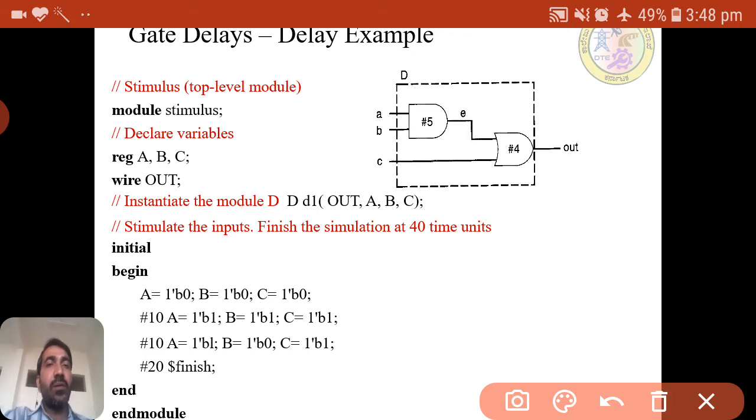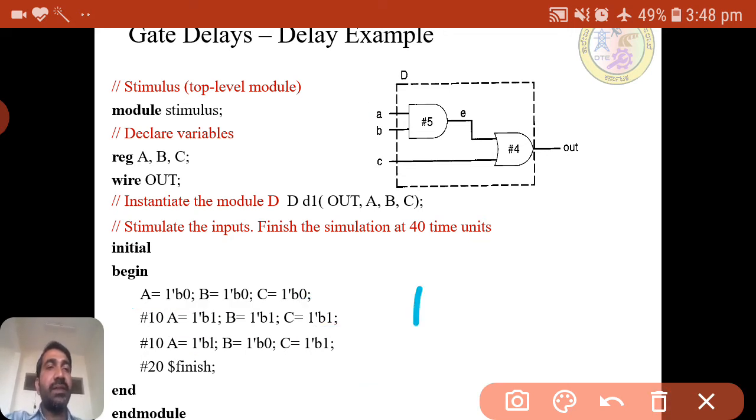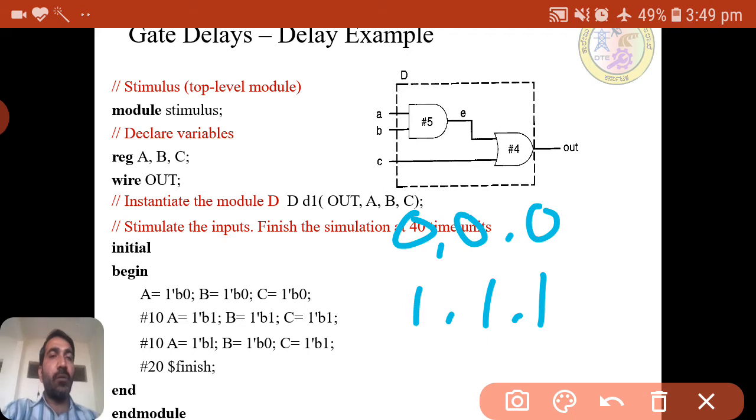Initially we kept all these A, B, C values as 0 0 0 at the initial time. After #10, that is after time 10, the input has changed: A to 1, B to 1 and C to 1. So ABC was initially 0 0 0, and after that changed to 1 1 1.